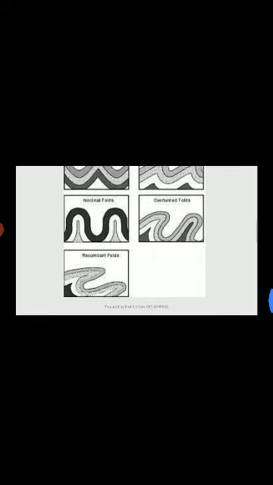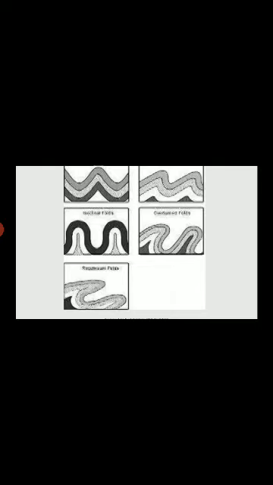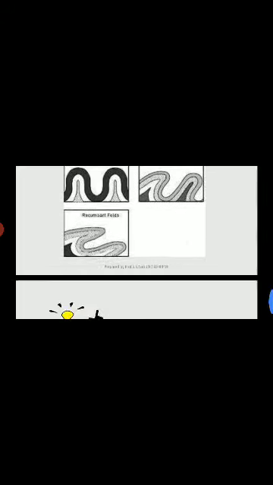For concluding, so these are about folds. For the concluding remark of this session, a fold is an undulation or bend in the rock crust. According to the position of axis and limb, there are different types of folds such as symmetrical, asymmetrical, overturned, isoclinal, recumbent folds, etc.